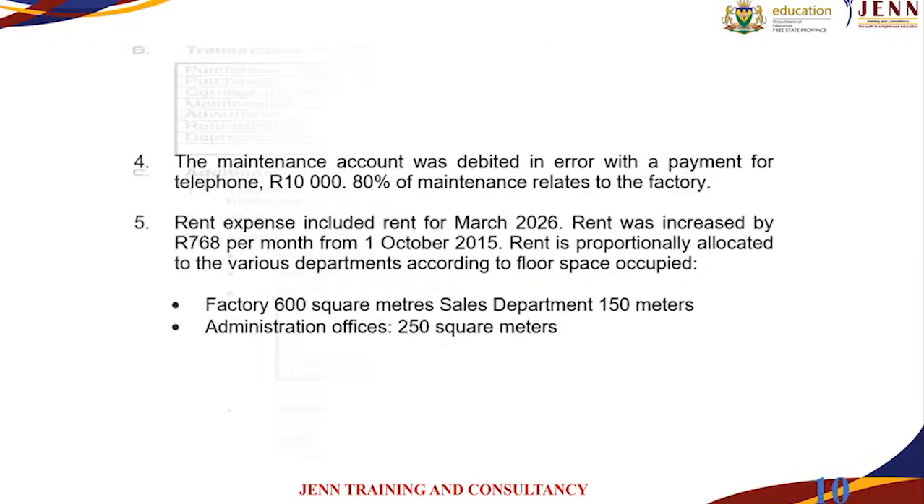And then when we go to the next information, number 5, it says the rent expense includes rent for March 2026. And rent was increased by 768 per month from the 1st of October 2015. Now, before we can go to the second statement, we need to consider this, that the rent includes rent for March, which must be subtracted. Now, however, this 768 is the extra amount, but from the 1st of October